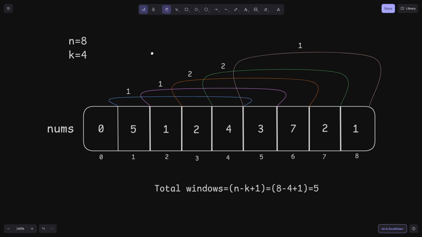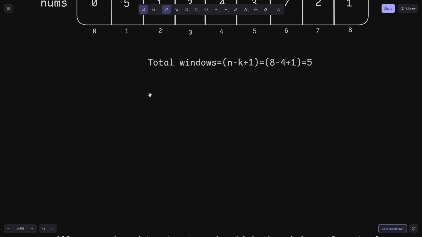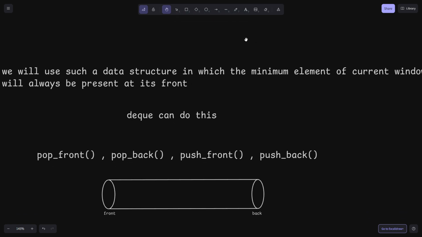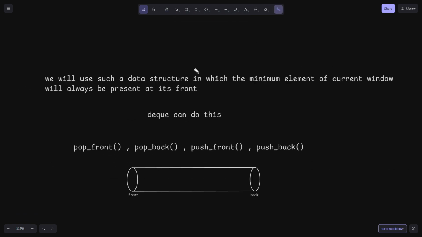So now let's move forward and see what we will do. Since we want the minimum value, we will use a data structure in which the minimum element of the current window will always be present at its front, right? And in order to do this, DQ can help us very easily, because we know that DQ supports